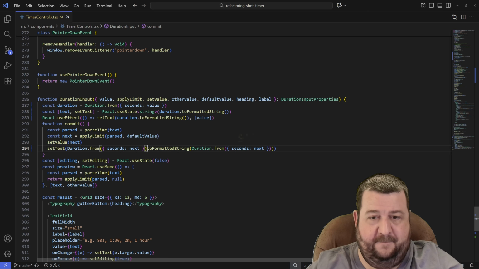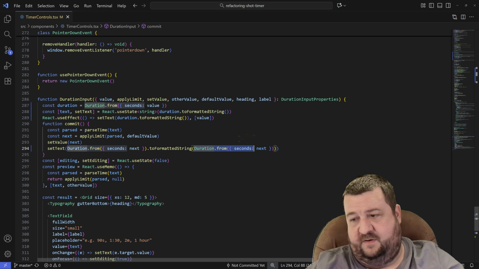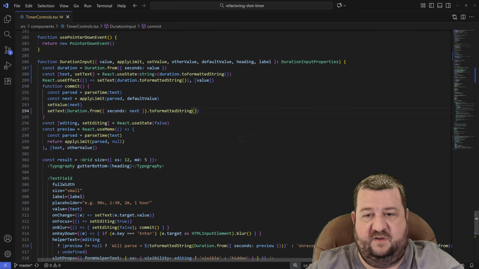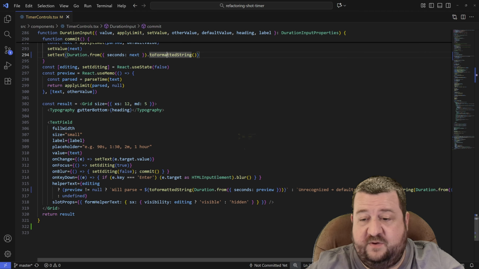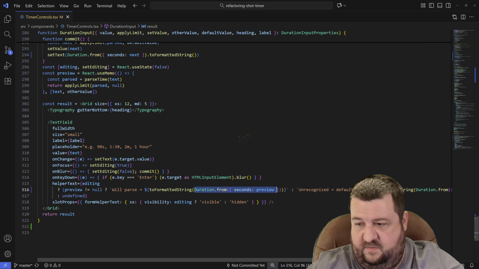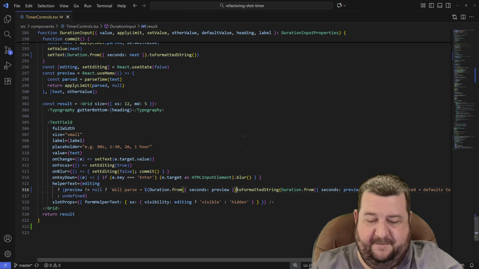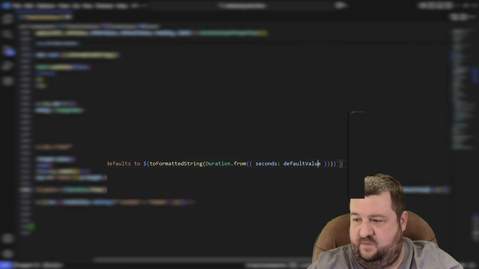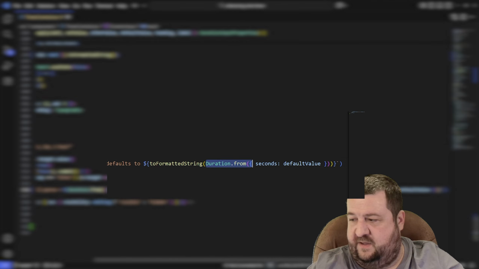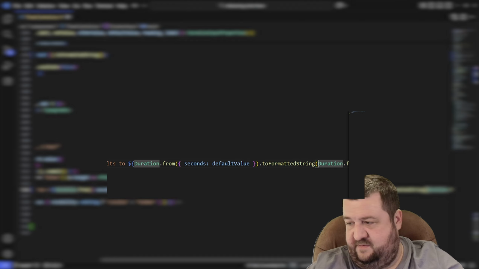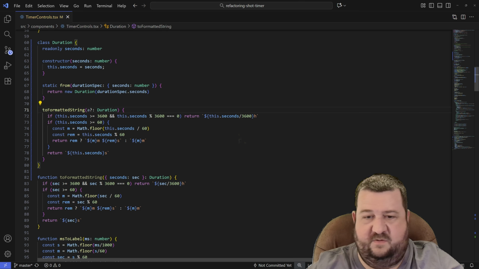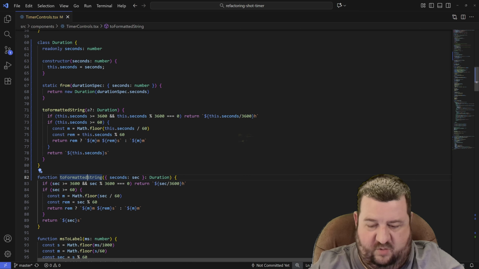Copy, paste, delete the old parameters, the old arguments. Let's see here. toFormattedString, then there's these guys. Copy, paste, get rid of the arguments. One more to go. Copy it, paste it, get rid of the argument, and now we don't have any calls to this global function anymore,